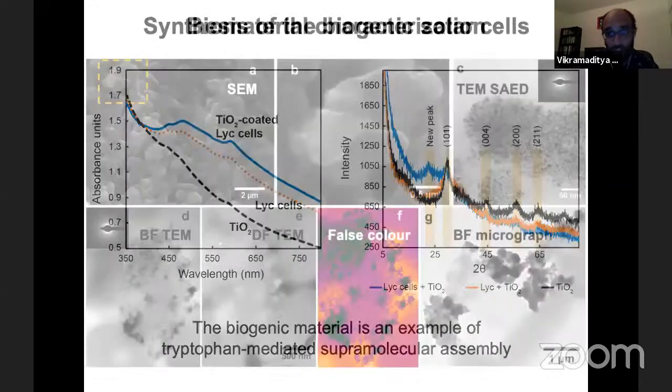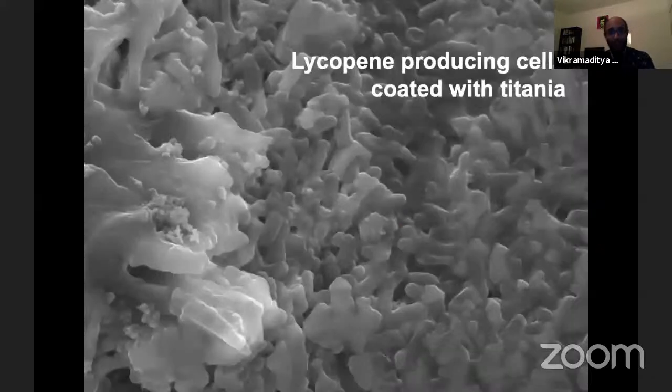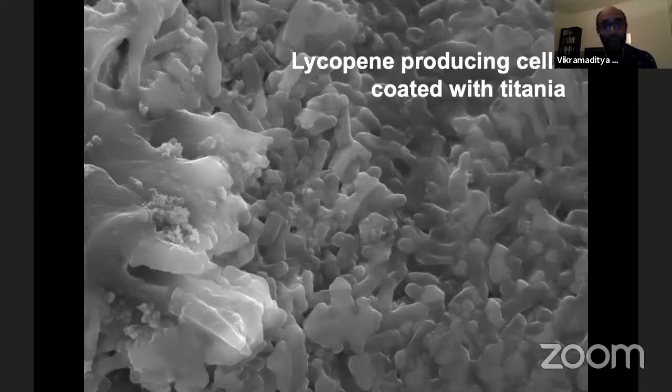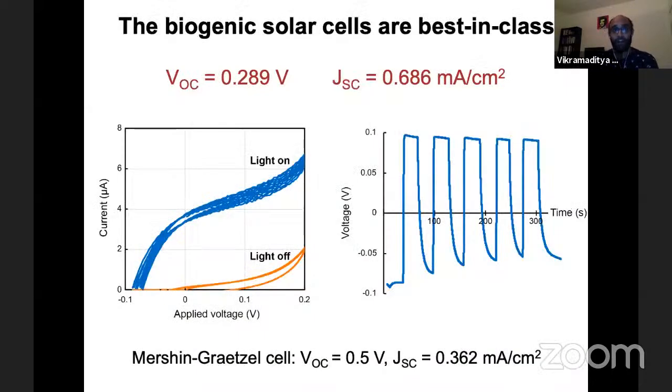And just to confirm what type of electrodes we are seeing, this is telling you how the bacteria is forming these very interesting materials, and this is what the electrode looks like. So high surface area, extremely porous, extremely lightweight, can be deposited onto any surface and any geometry of your liking, and it produces a remarkably versatile solar cell. And so now what you're seeing is amongst biogenic materials,